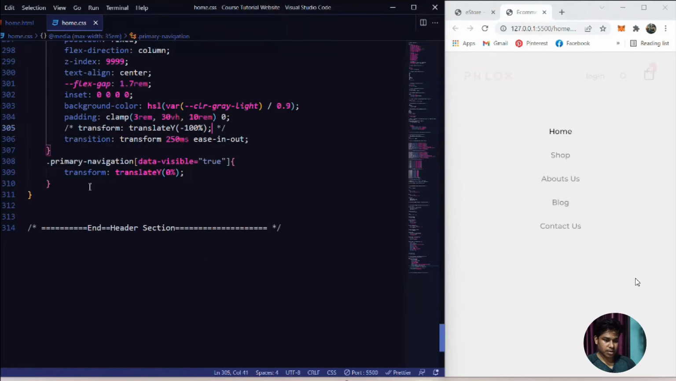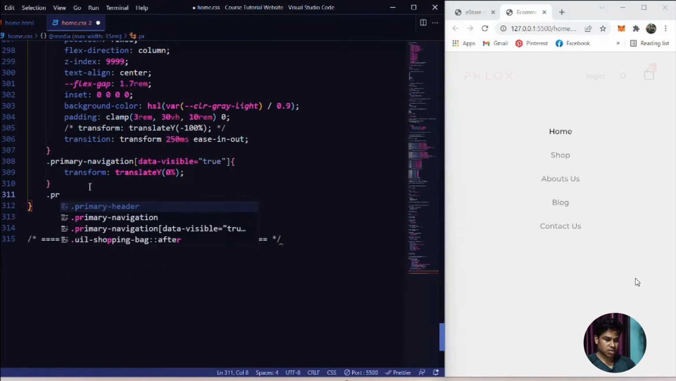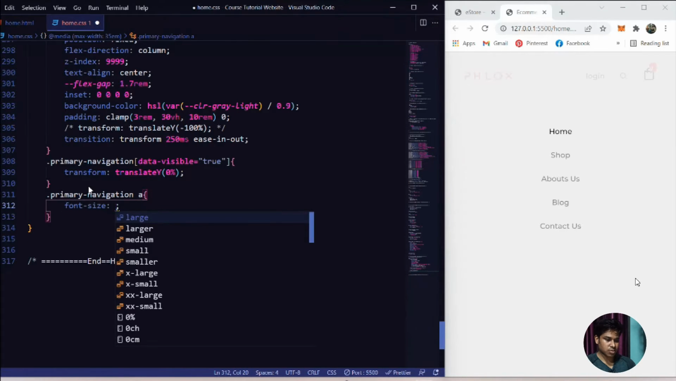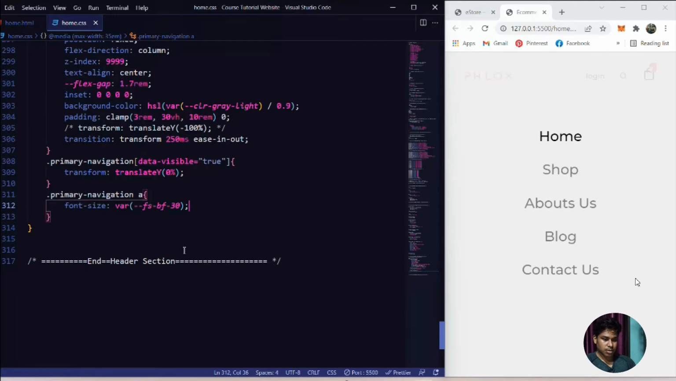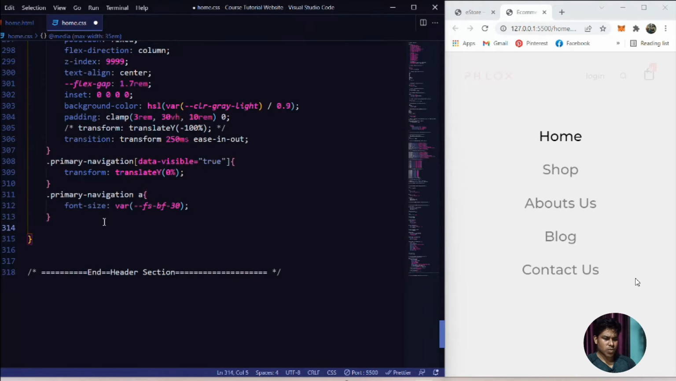Let's come back here. And what else can I do, let me just uncomment this and bring it down here. And primary navigation a, font size, let's give my custom property, this one, 30. Yeah, this looks quite good. And let's bring it down. What I can add,